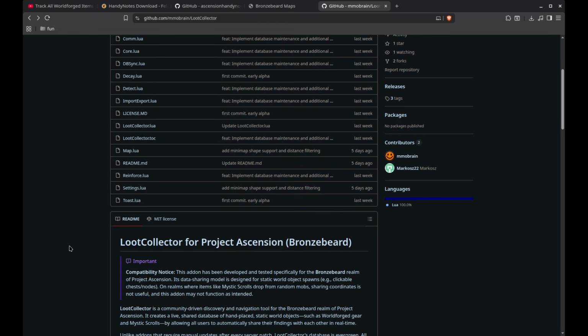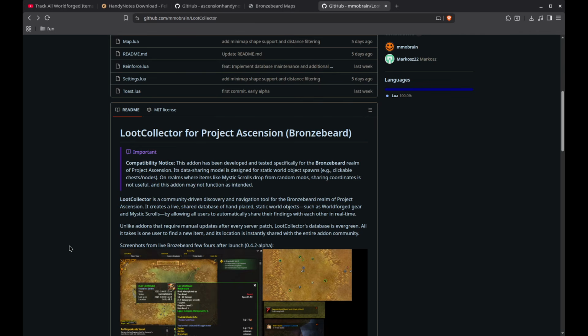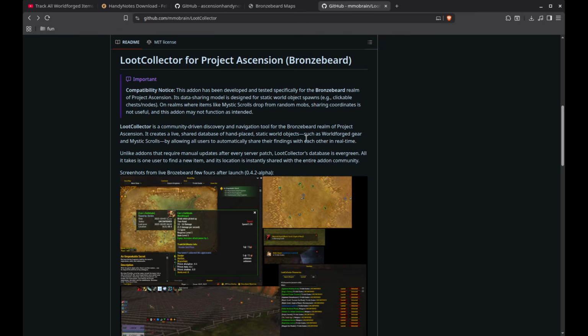So this one is kind of like your mileage may vary, but I don't think that many people are using this anymore. But it does still work, but from what I'm hearing from a lot of other folks, if you download the add-on and extract it in the folder, you need to rename the folder to something else, and then you need to rename your .toc to something else. So for instance, what I mean by that is